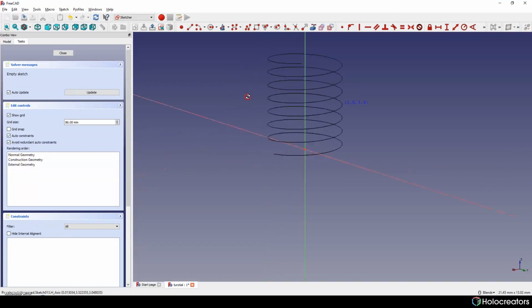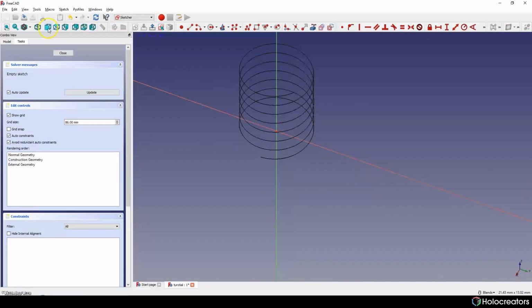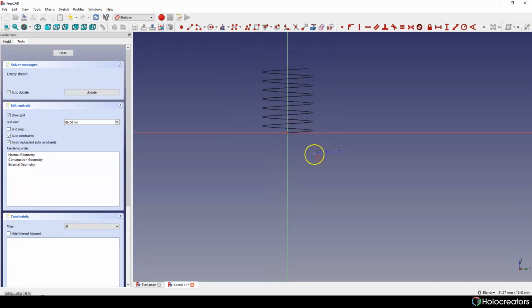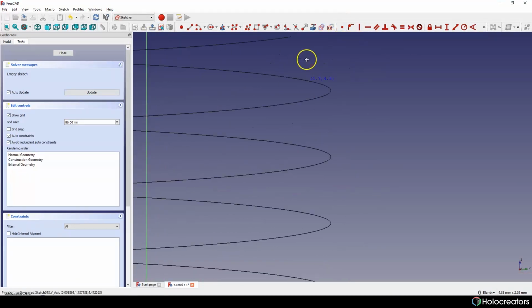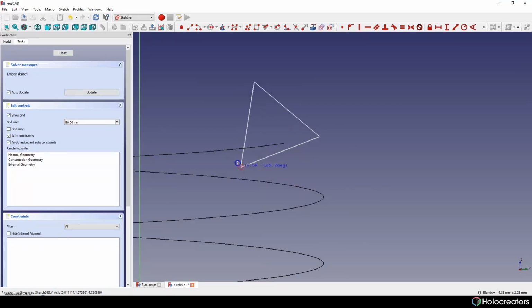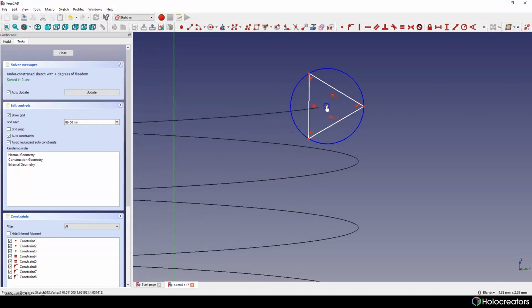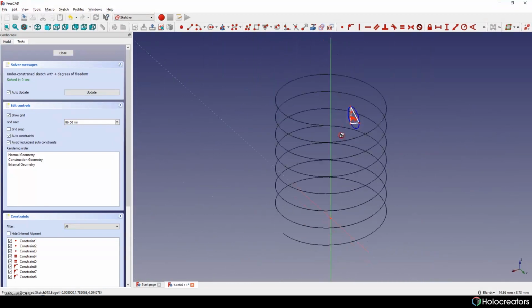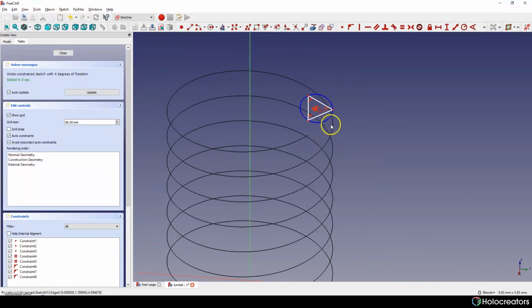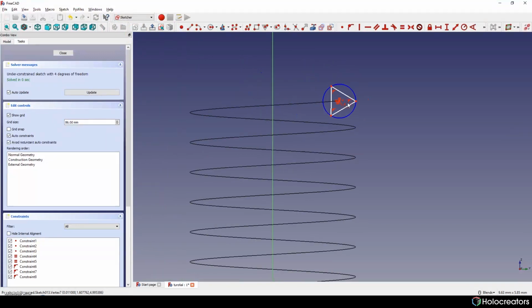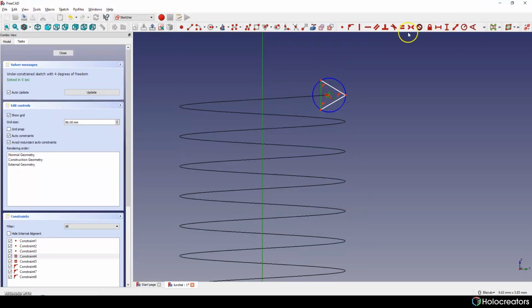It's here, it's triangle, and we can try to align it as best as we can with our helix. Let's make these lines parallel.